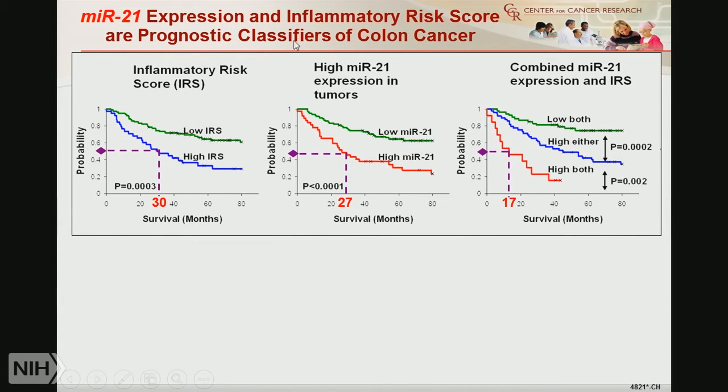The inflammatory risk score that I just talked about, if it's a high inflammatory risk score, prognosis is poor. If miR-21 is high, prognosis is poor. If both are high, prognosis is very poor. And if both are low, prognosis is quite good. And if either one is high, it's intermediate. And statistical analysis has shown that,